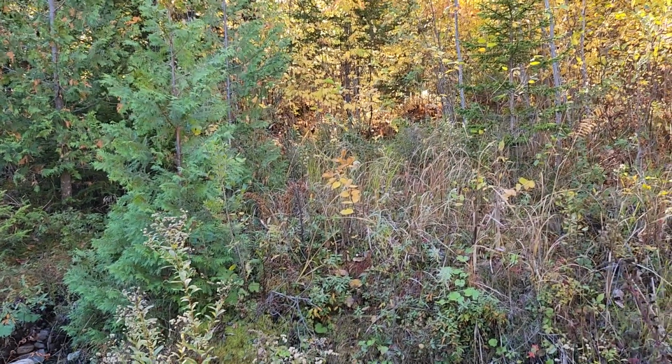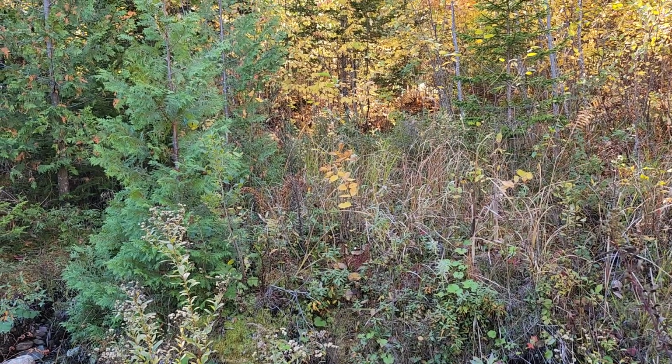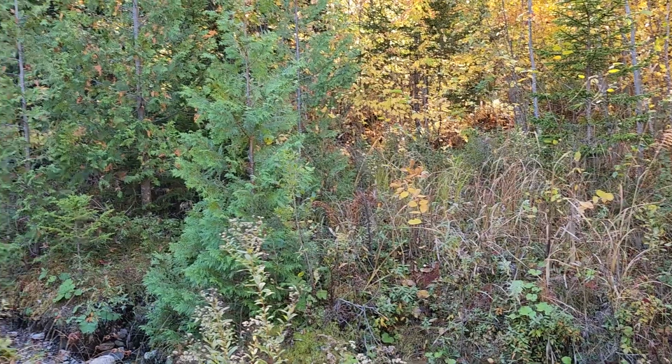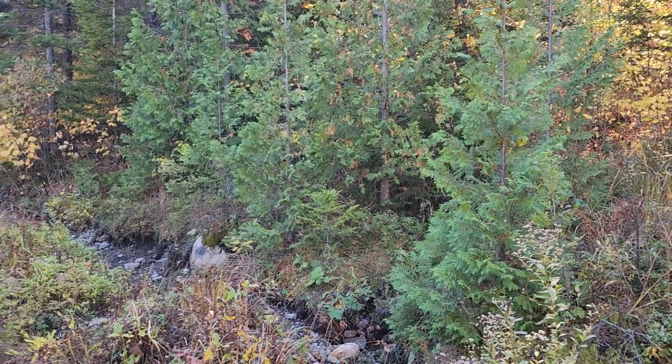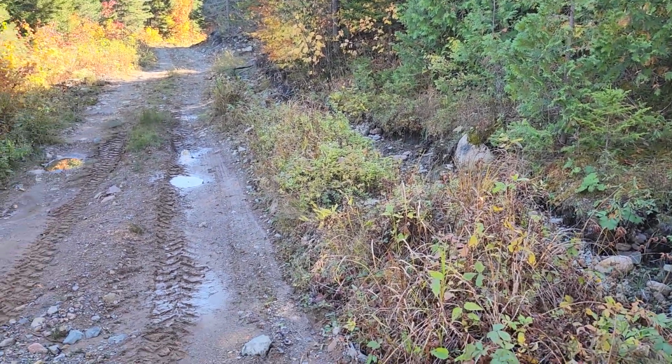And someday, and I mentioned in another video, I'm going to make another pond on the other side of the field. And that water will not come this way anymore. It'll go towards the lake directly, I guess. It's kind of hard to explain, but